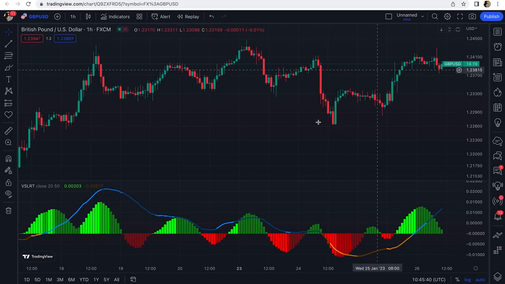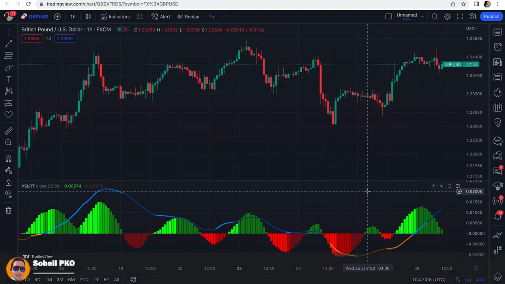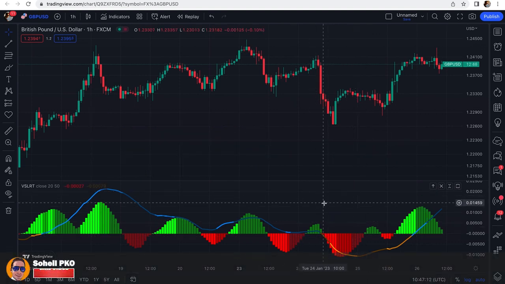This wonderful indicator calculates linear regression not only based on the price, but also combines it with volume. If you don't know what a linear regression is, in statistics, it's a predictive model that is used to estimate the value of a variable based on the value of another variable. It's a linear approach, and because of this, it can help us to calculate trends. And the amazing idea behind this indicator is that it combines it with volume, which gives us very accurate results, because as you know, if volume doesn't support an uptrend or downtrend, sooner or later the trend will end and